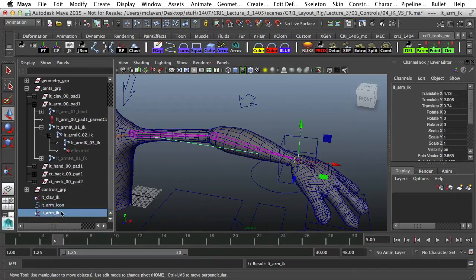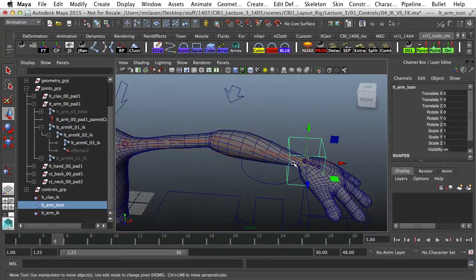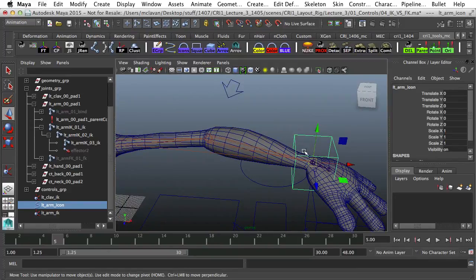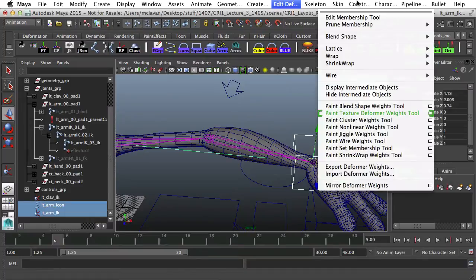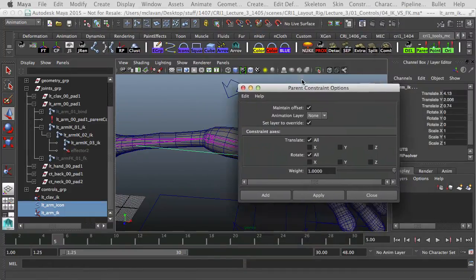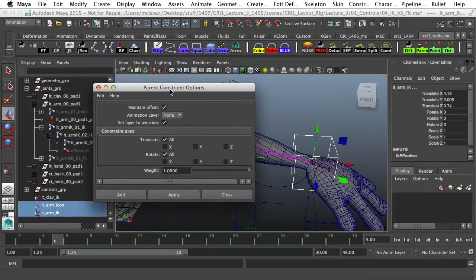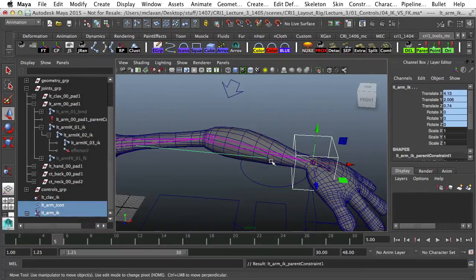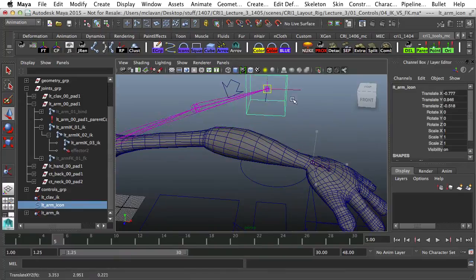Where when I actually constrain it, I can have them all in one central location. I'm going to show you that. So if I select my control, and then I shift select, my control is my driver, and I shift select my driven, which is the IK, and I say constraint, and I go into my constraint menu. In this case, the offset's fine here. So I hit apply. You'll notice now that it does work,